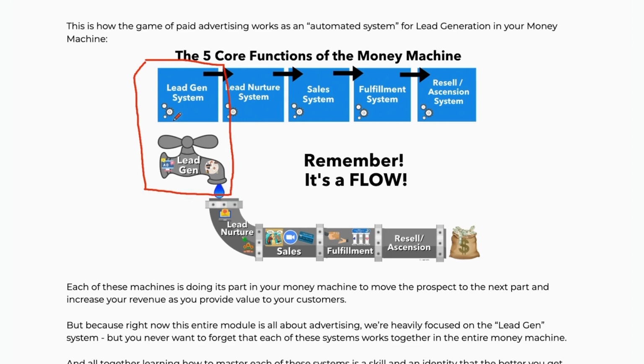We've talked about the bigger picture many times, but I want to remind you, this is in that lead generation system. So we have that faucet that we can open up or loosen up, or tighten up if we want to, depending on how many customers we want to flow through here. And then we have our lead nurture systems, our sales systems, our fulfillment systems. And so as you open this faucet up, as you learn this skill set,